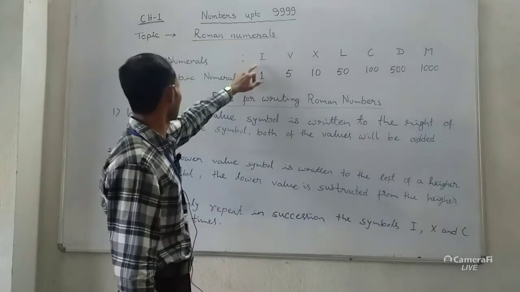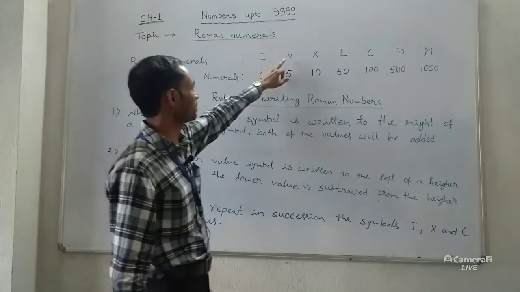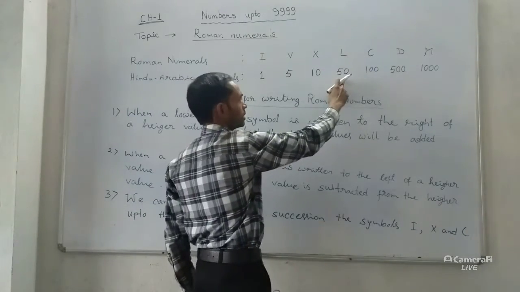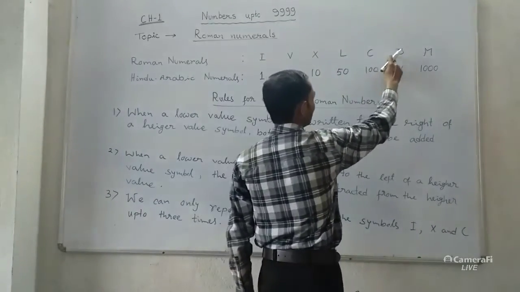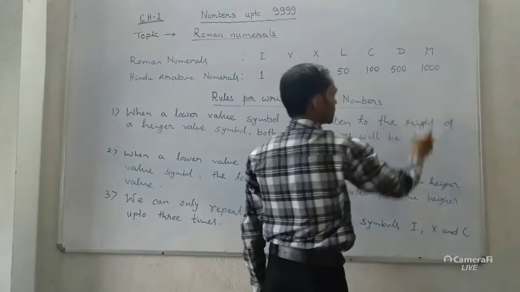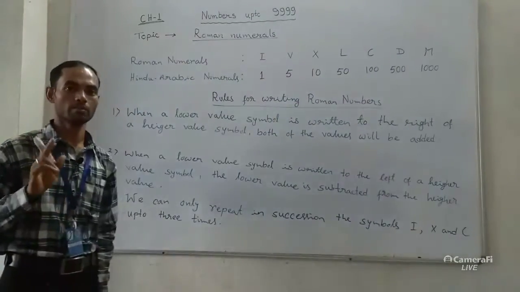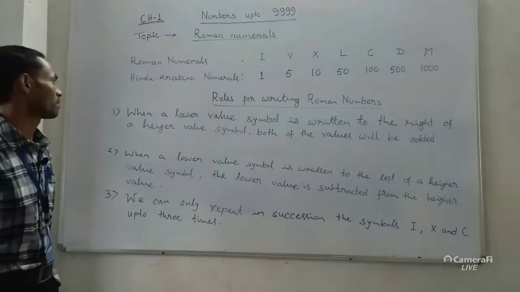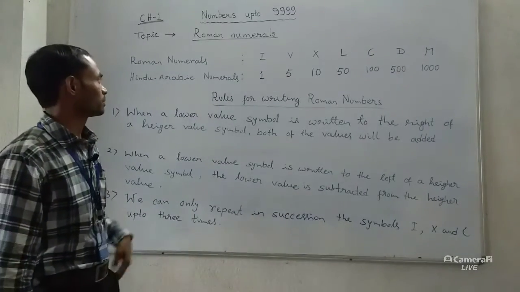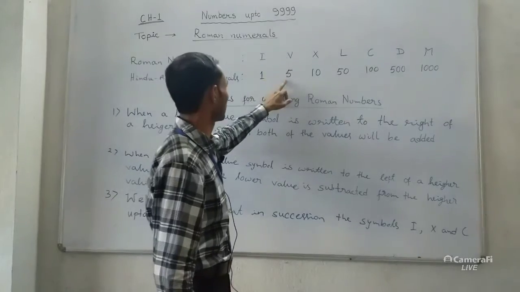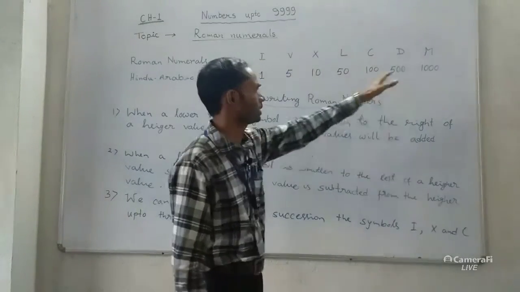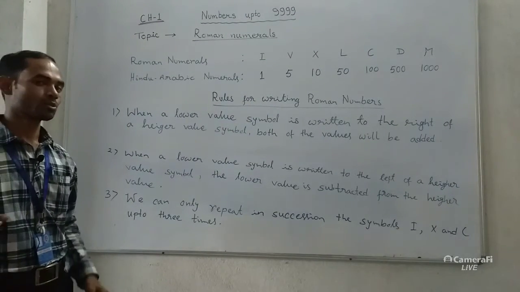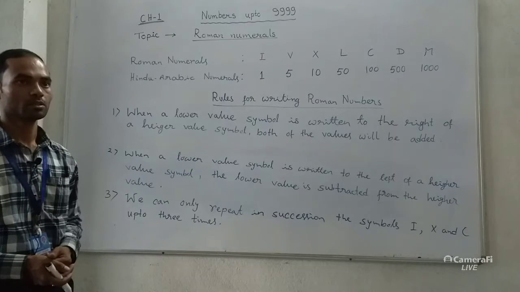Here I represents 1 in Hindu-Arabic, V means 5, X means 10, L means 50, C 100, D 500 and M 1000. We first have to remember these symbols, keep them in our mind, to represent a number in Roman numerals. Now there is the number 1 for I, 5 represented by V, 10 for X in this way, but these are for certain few numbers. There are so many numbers we have to represent.